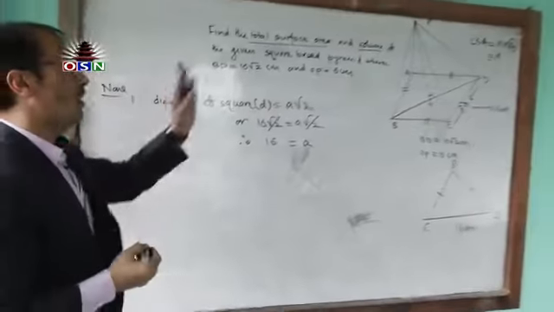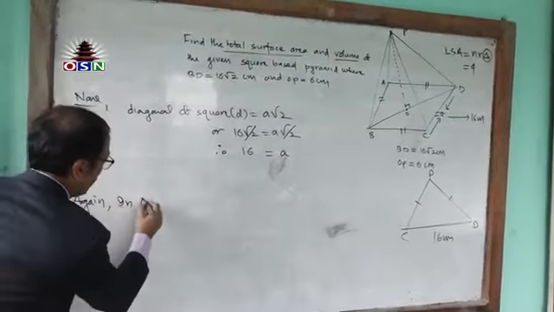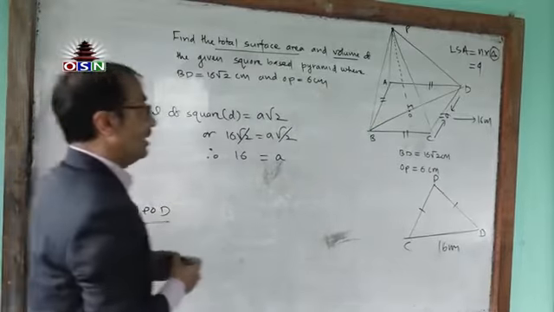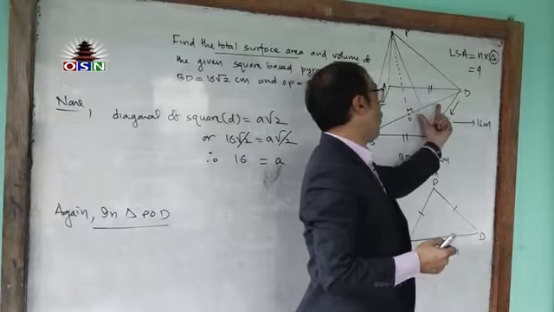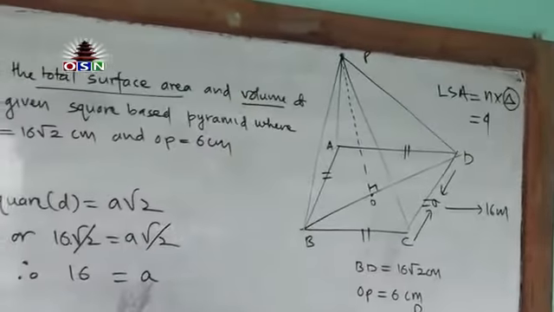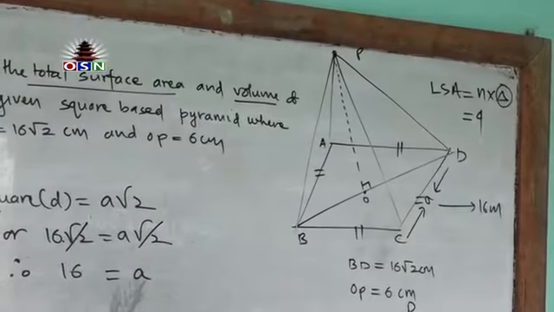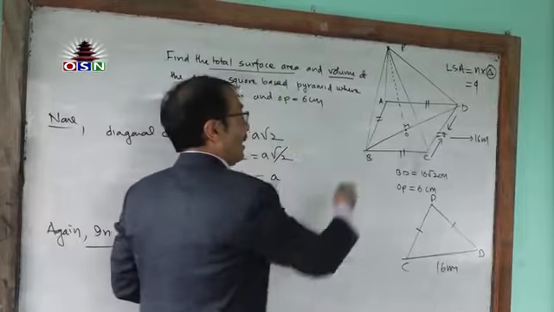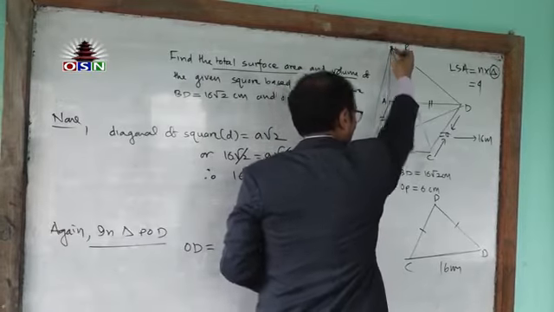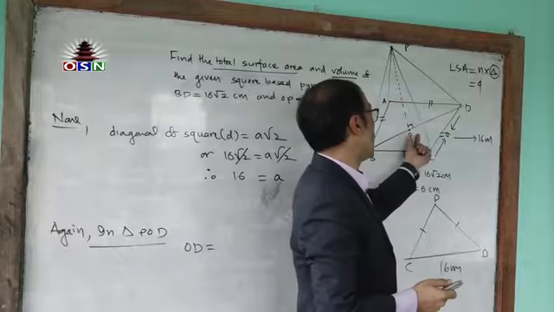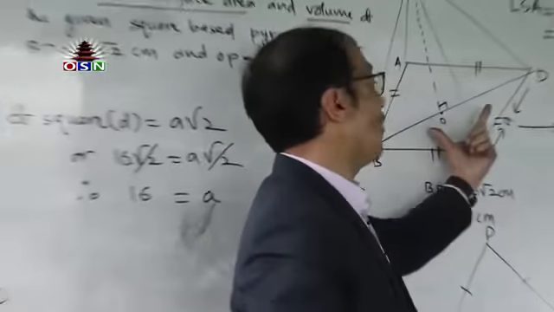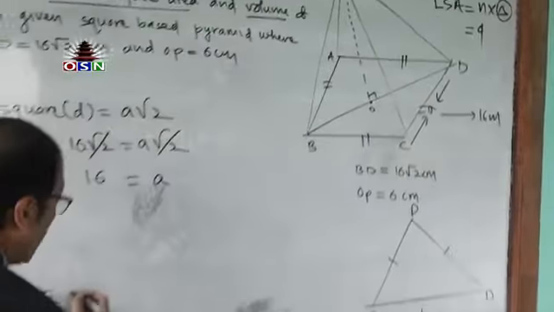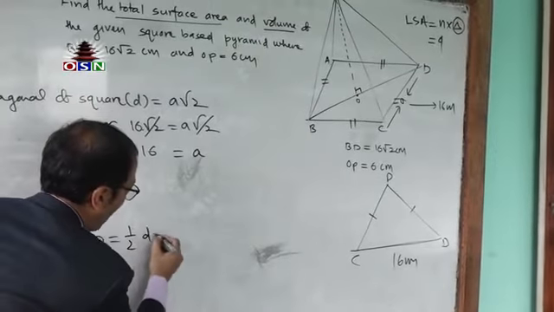Now let's work out in another triangle, please. You'll have to work out in triangle POD. In triangle POD, OD you can find. How do you find OD, please? OD is equal to, could you tell me, please? This is a right pyramid, I have already said that. In case of a right pyramid, where do we drop the height? This point will be the midpoint of the diagonal. So here we can say OD and OB will be equal, that is, half of the diagonal.